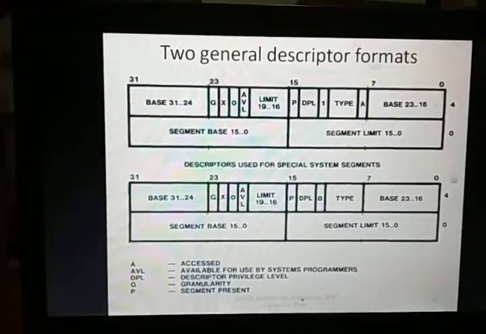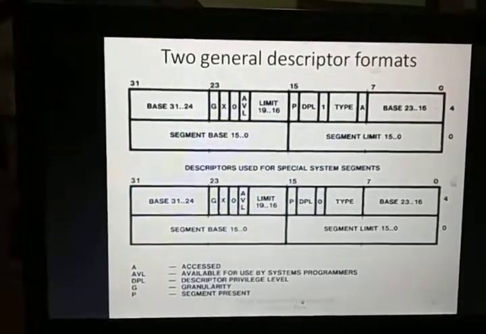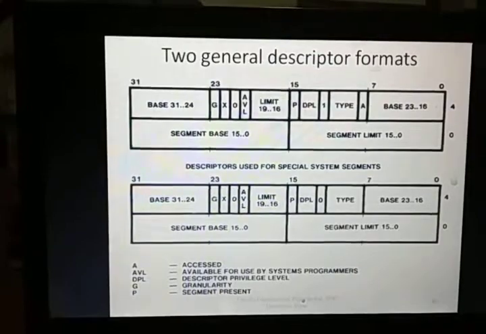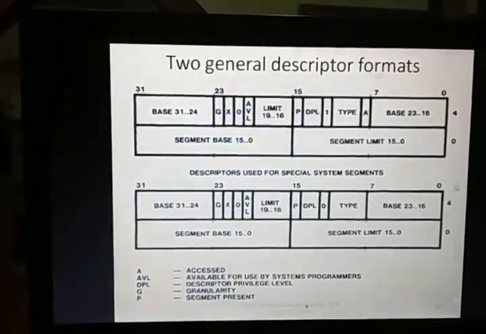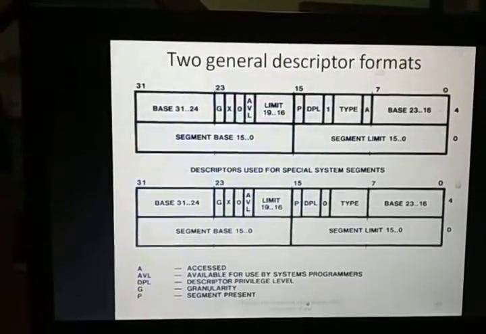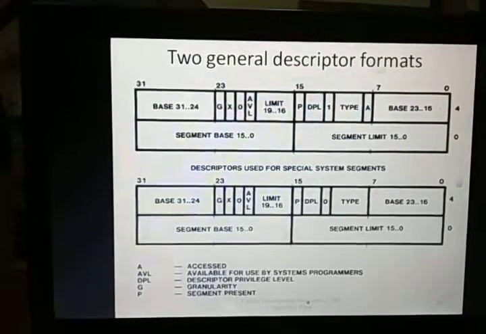If the target segment's descriptor privilege level field is less than or equal to the calling process's privilege level field, the calling process can access the target segment descriptor. Otherwise, it cannot access the segment descriptor.